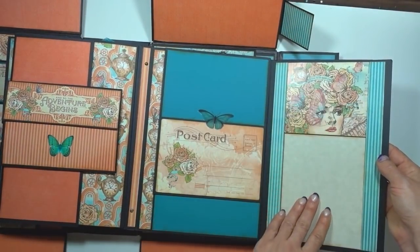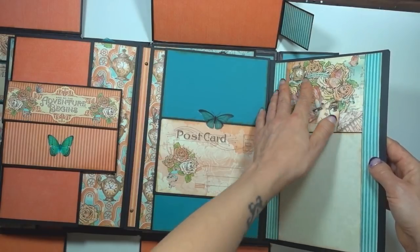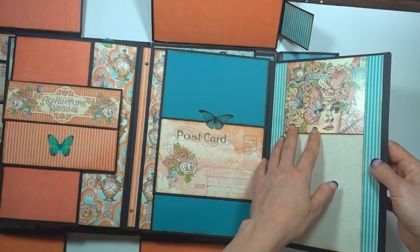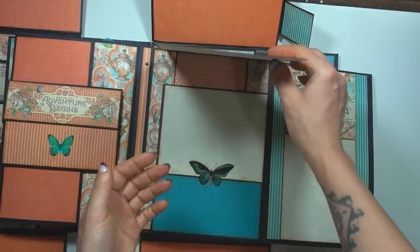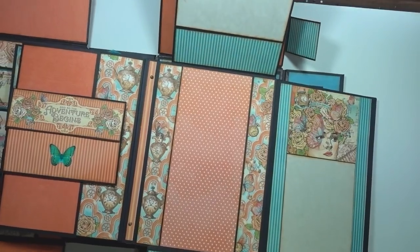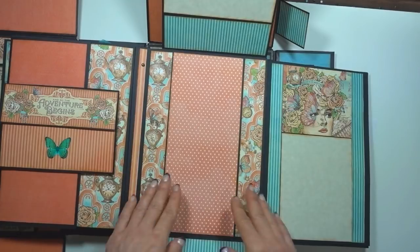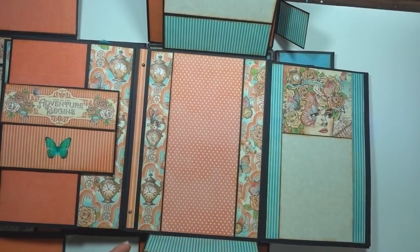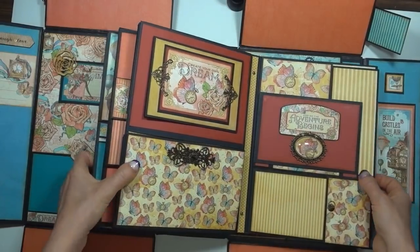So this opens up, and this is a part of the signature paper. This is actually from the cover of the 8x8. And then journaling spot, and then ephemera card, and then this opens up, and then this opens down, and it's just simple. It's just plain for journaling. And then a nice big spot for pictures and journaling. And then on the next pages,